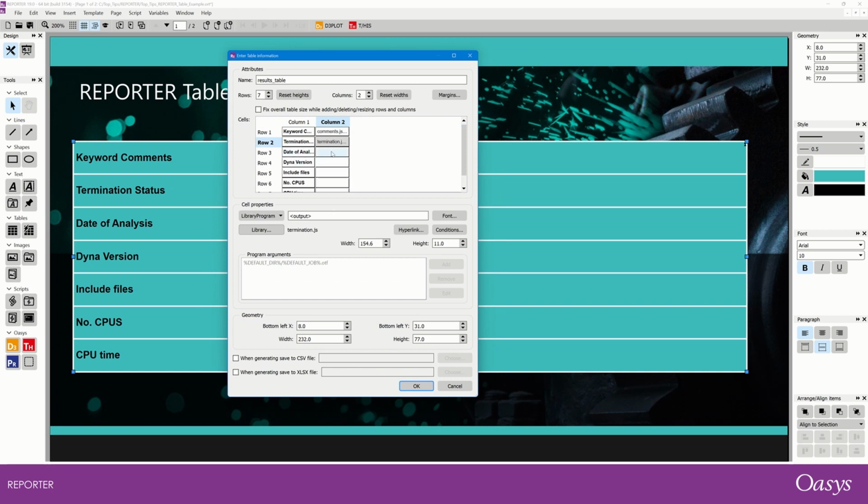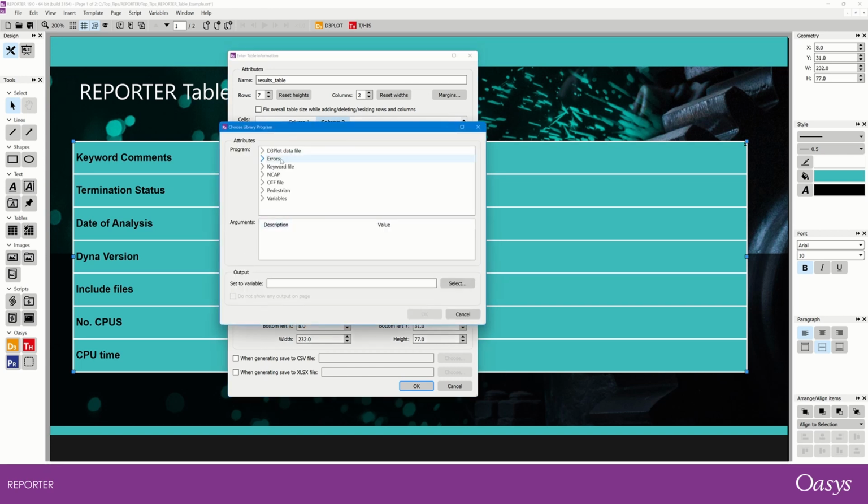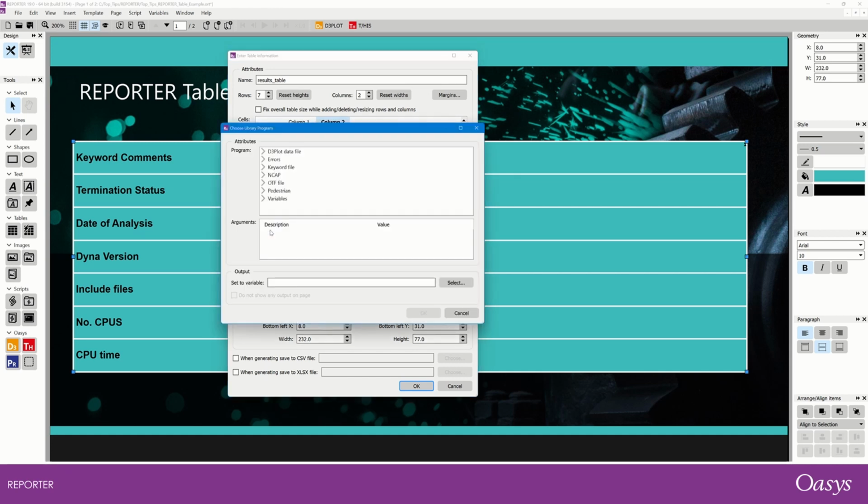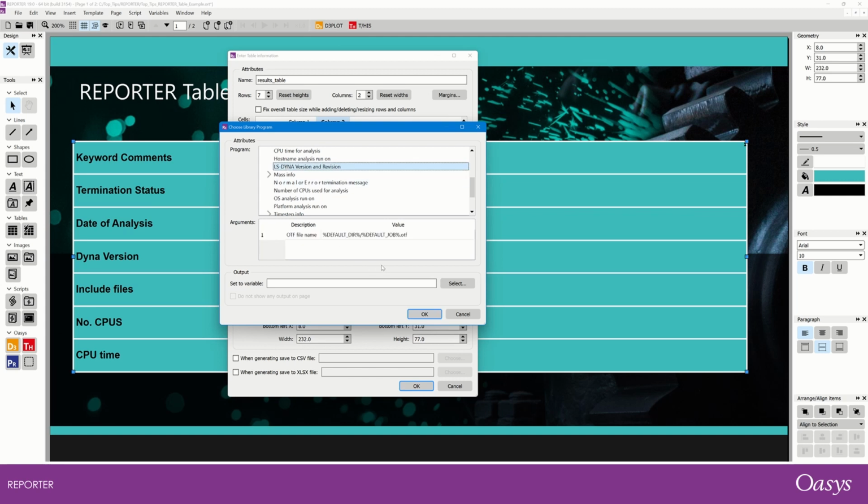Then date of analysis, again, so we repeat the process. And I'm just showing you some examples of the sorts of things you can extract out. So that's in the OTF file, and then the analysis date. OK. Next, the DYNA version. We'll go to the library here, and again the OTF file, and then the DYNA version and revision,